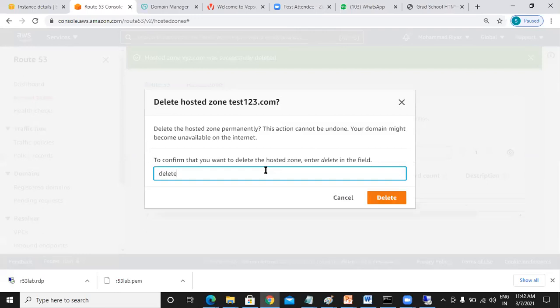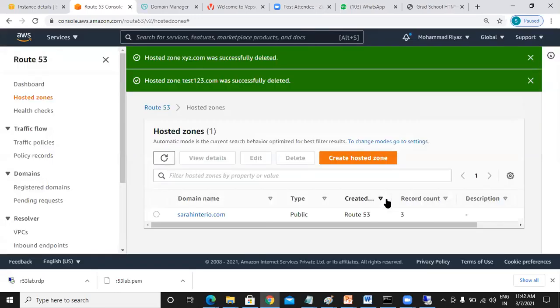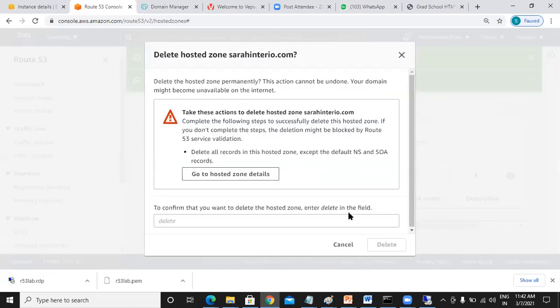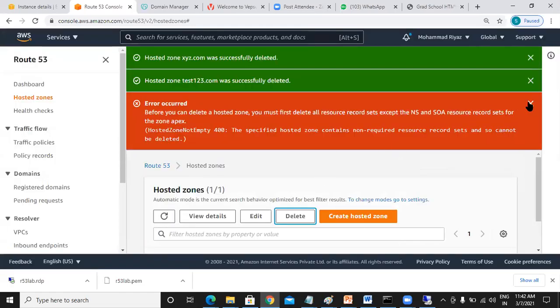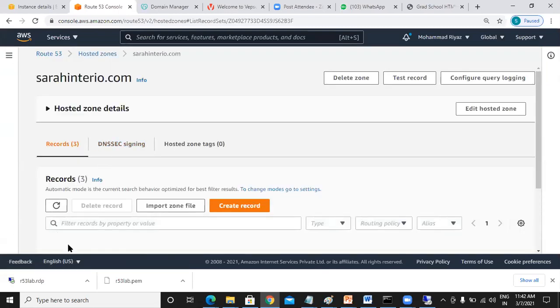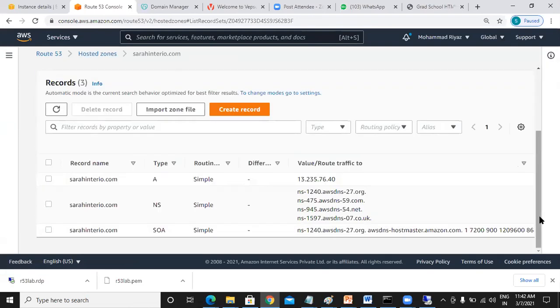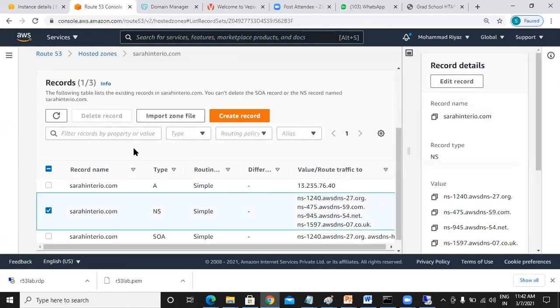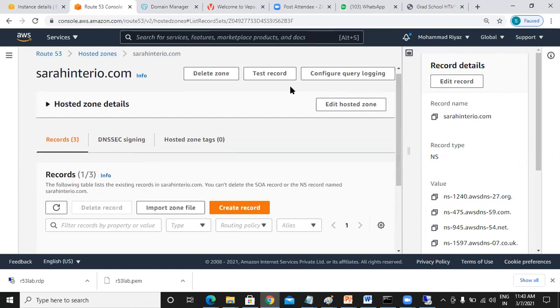Delete Madi, then go here and say delete. Okay, there are records. It is saying no problem. I will delete the records inside this and then I will try to delete this. So if I go here, I will select here and say delete. Where is this record?